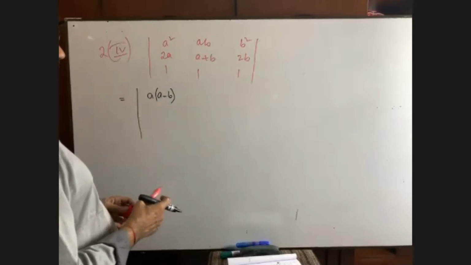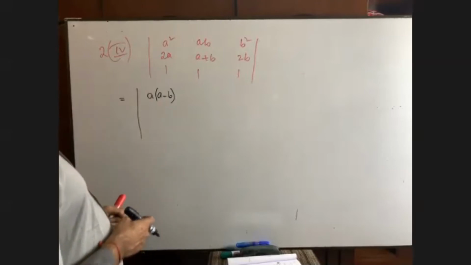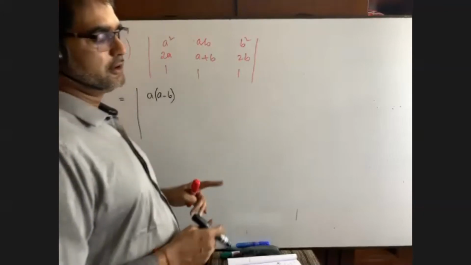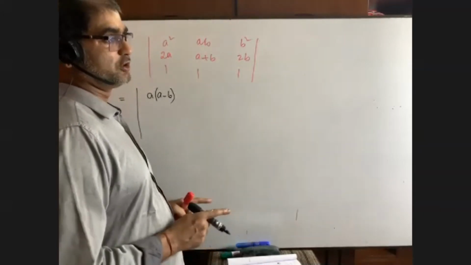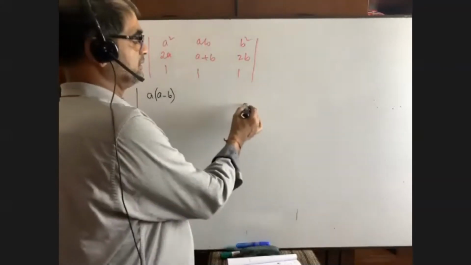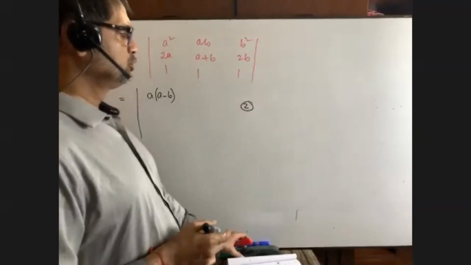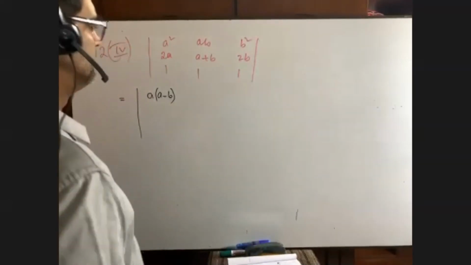Okay, I tried my level best to make the students understand in an easy and simple way. Definition of determinant. I request all the students to watch that portion, especially the definition portion of matrix, because always 2 marks are given from the definition. A number question is given of 2 marks from the definition.